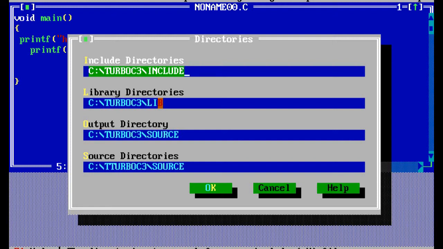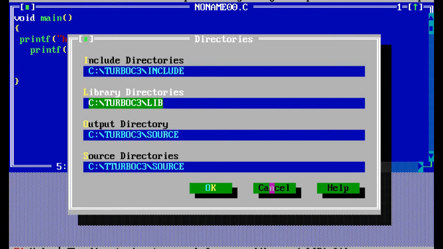You can change the directory also, but for changing that, suppose you are changing the name. Let's say your turbo C3 is in D drive, so according to that you have to change your directory over here, and then your program or this software will run properly. Okay, now we will see